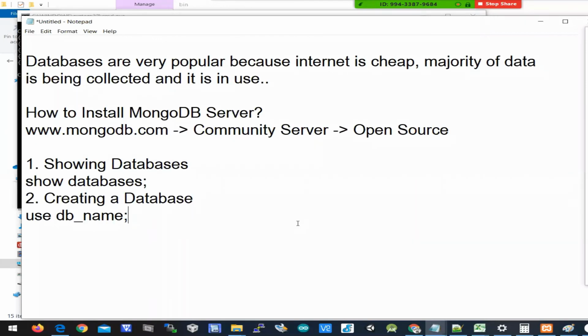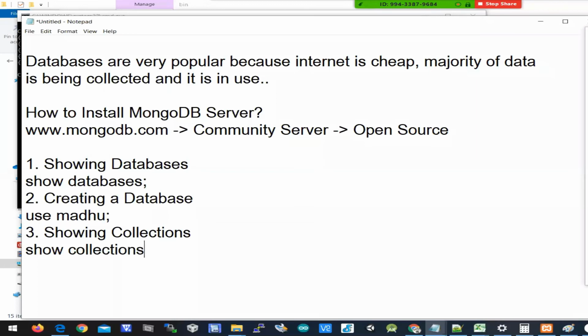For example, say use Madhu, then this respective database will be created. Then showing collections: what are the collections available in the database, which is nothing but show collections. When you write this command, it will display the collections available in the database.